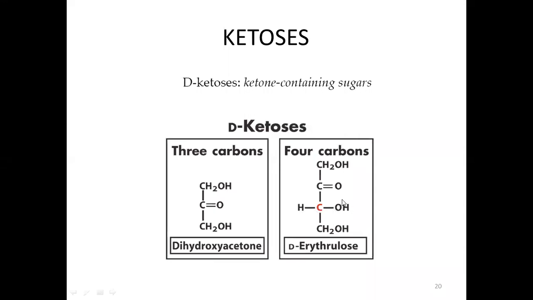So when our OH is on the right from the carbonyl oxygen, carbonyl carbon rather, then we indicate this to be in the D form. So this is the D-erythrulose. 1, 2, 3. Okay. So next is,